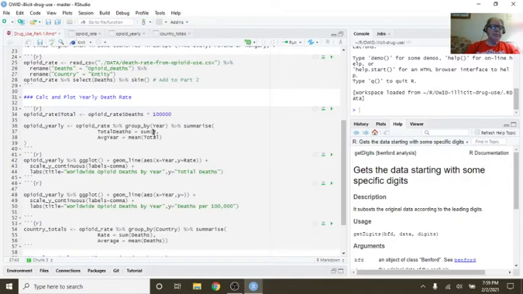Let's call it total per. So let's give us the total per 100,000 by year. And this will give us the average.